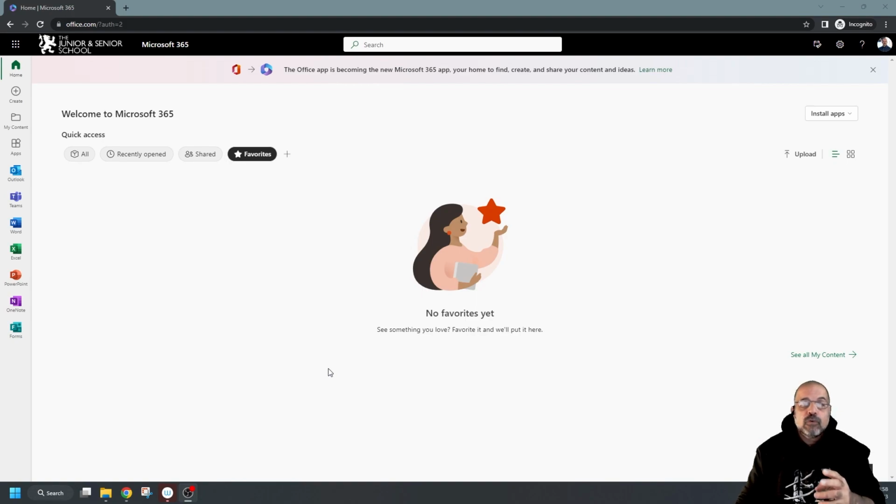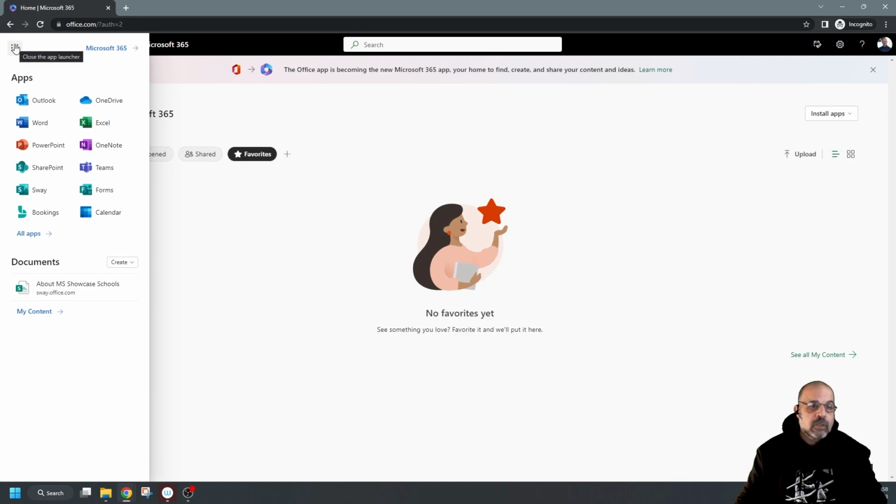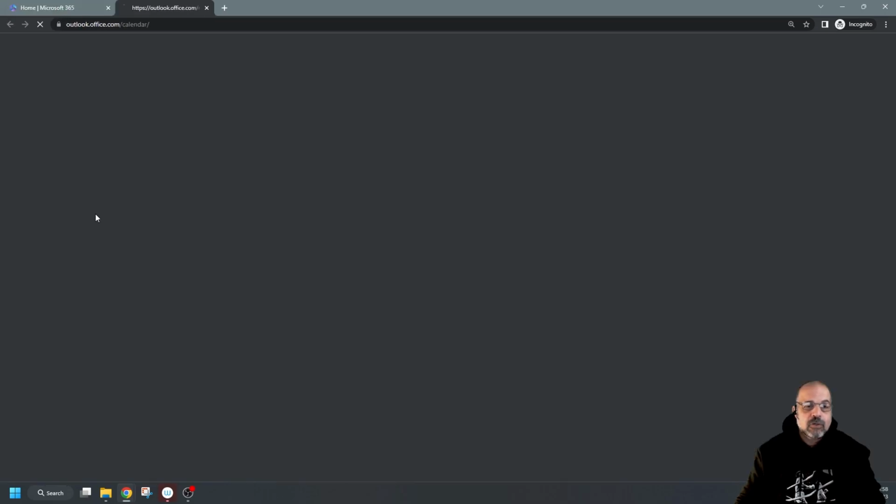I'm going to show you, first of all, where you can find your Bookings page. There are two places. The first one is really useful so that you can identify whether your admin or your organization has enabled Bookings and whether your personal booking has been enabled. I'm going to go to the waffle icon at the top here, then go to your calendar. If you can't find Calendar in the favorites section, you can go to all apps and find your calendar. So click on your calendar,